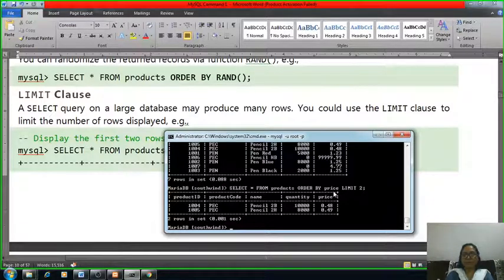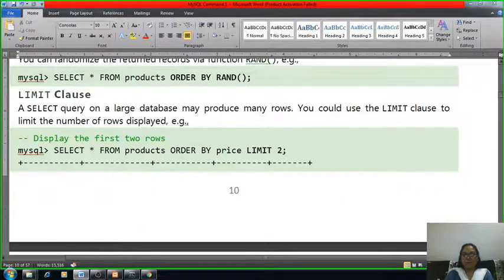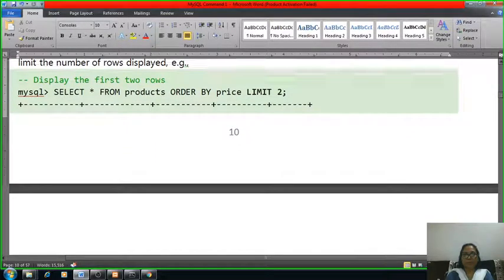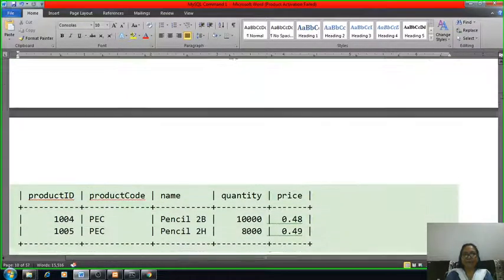Because of ORDER BY price, it takes ascending order, from small to greater, and the limit is 2. So only 2 records will be displayed on your screen. That's why through the LIMIT command we can display the data in a limited manner, as per our requirement.